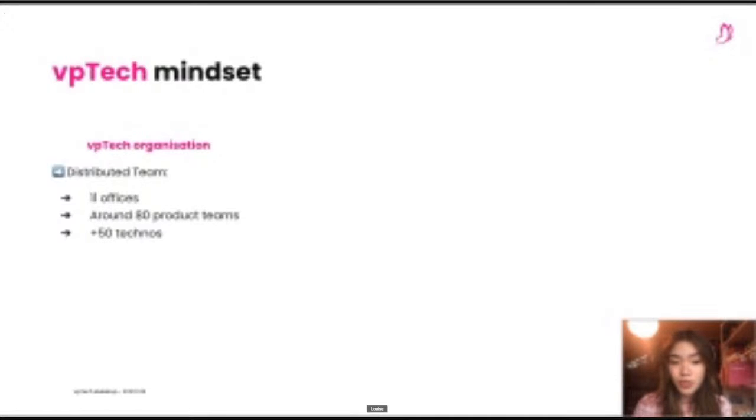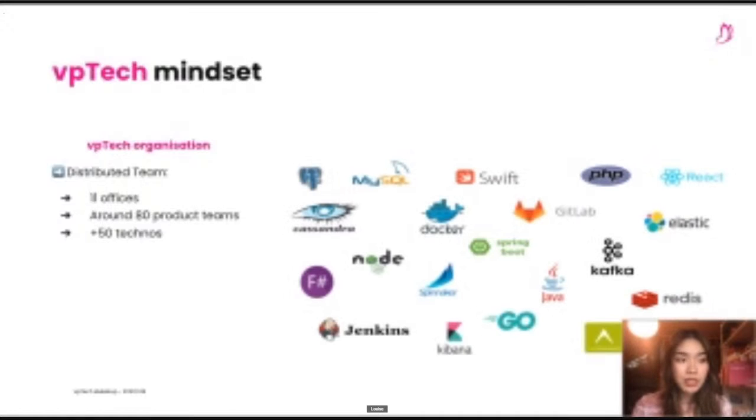It's very comfy for our recruitment because we choose the profile. We are looking for profiles based on their skills, not on their geographical position. Our project teams work autonomously on their own programming language. That's why we use more than 50 technologies. We can see a bunch of them just here on the slide in our tech stack.